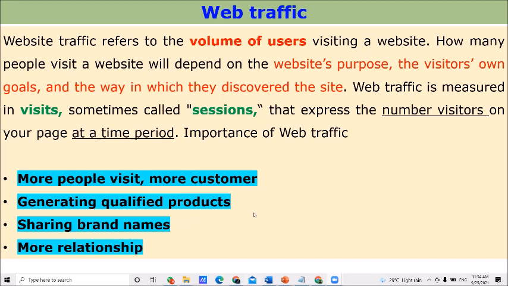Right, okay, here it explains what web traffic is, which refers to the volume of users visiting a website in a particular time period. Web traffic is measured using special terms called visits or sessions. Improving web traffic is important from the e-commerce point of view because more visitors means they can gain more customers.